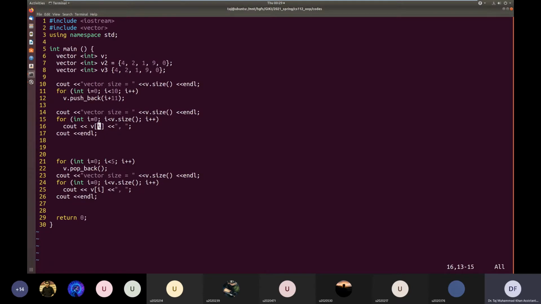This is unchecked access, in the sense that if I use these square brackets to access an element, the vector will not check whether the index is within the range of elements or not. If you want checked access, where it checks whether the index is less than 0 or greater than the size of the vector, then there is another function called at, which we can use.